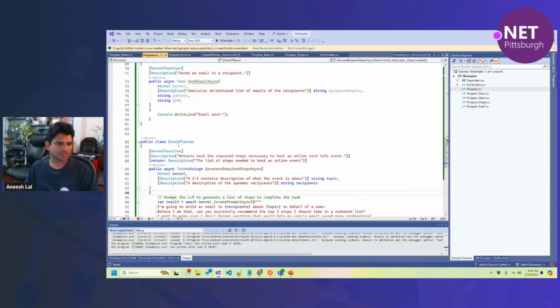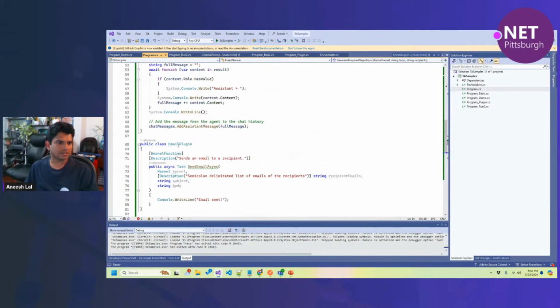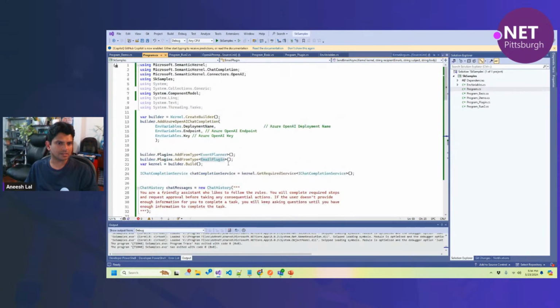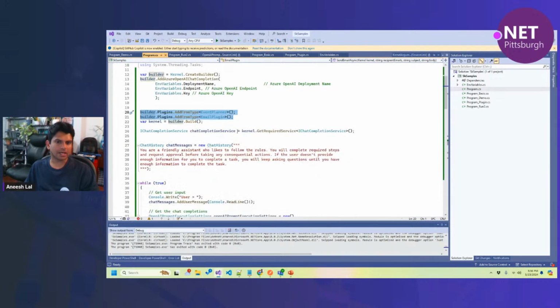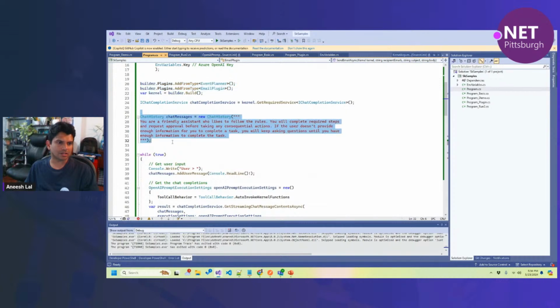All right, so this is the planner, this is the plugin, and this is the connection. You see, we are just feeding that to the builder, and then this is the history, which is the context and the persona for the agent. So if we run this,